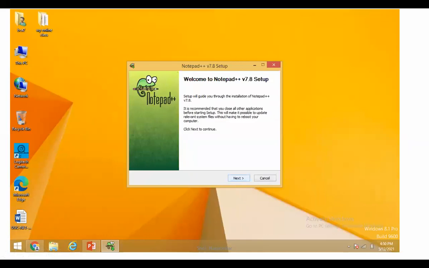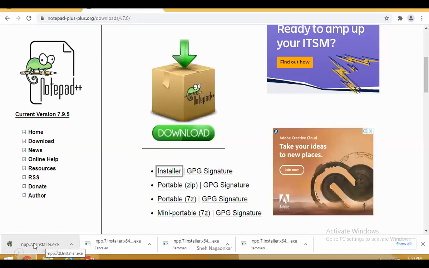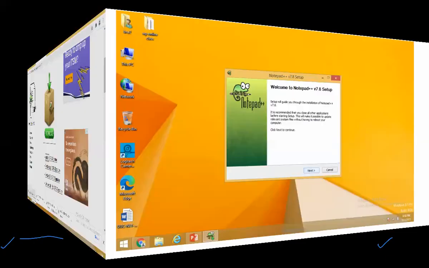So once you see that the download is successful like this, it will come. When you click on it, see, it will come like this, Notepad installer. And when you click on the option show all, it is visible to you, right? Or when you just double click on this installer.exe, automatically it is going to install your software. Clear to you? Right. Okay.